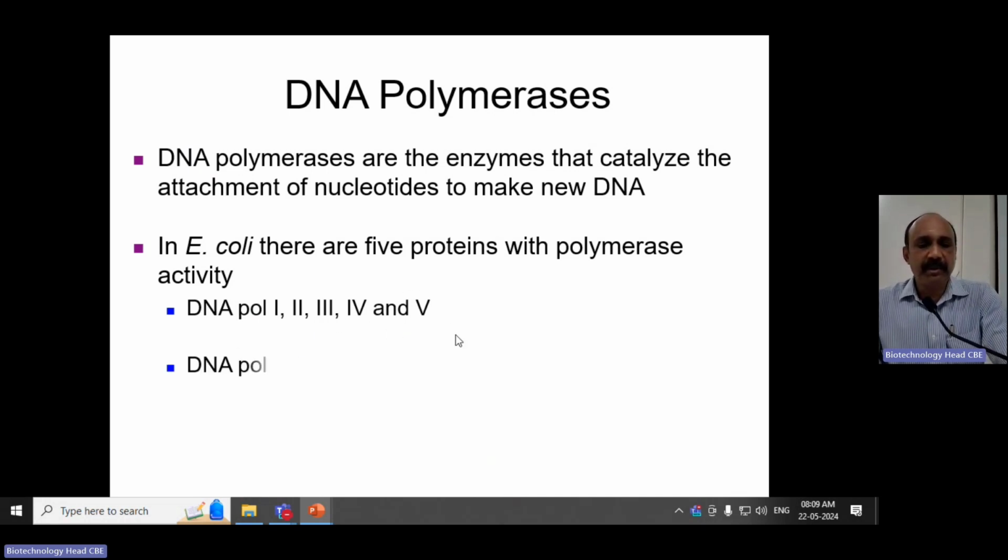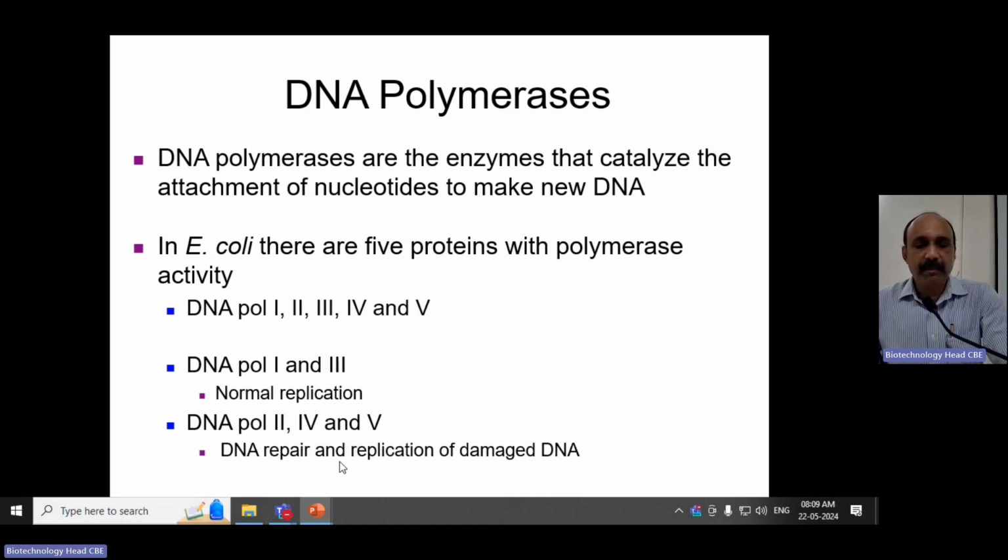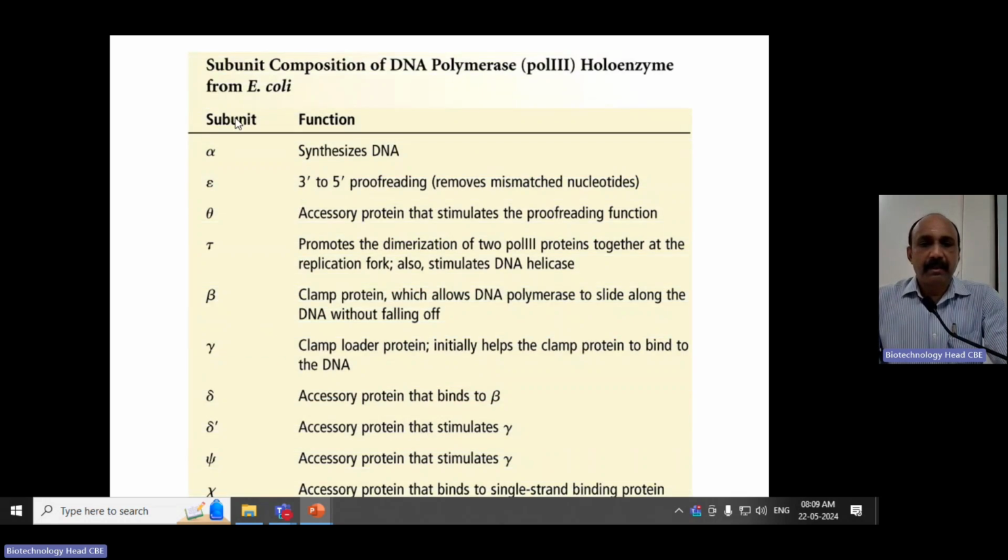So there are 5 different polymerases. DNA polymerases 1 and 3 are required for normal replication, and 2, 4, and 5 are required for the repair and replication of damaged DNA. Each unit of the DNA polymerase 3, the holoenzyme,